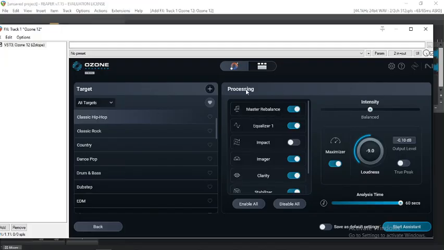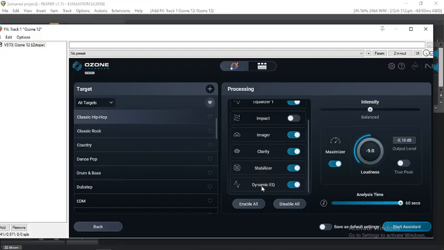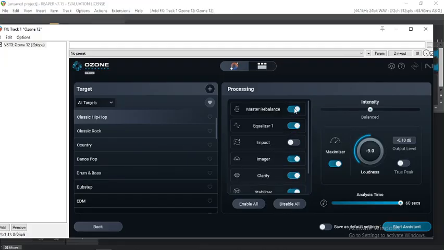Okay, so in the processing, do you want us to include these particular components? And you could say yes, leaving it here, or no, you click it off. And then there's the intensity. This is something very new. Right here, let me see. I have it on the help menu, but the help menu is pretty slow. All right, so it adjusts the magnitude of processing applied by the master assistant.